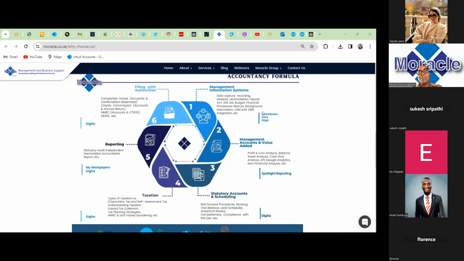So this is something that is ongoing every month. You don't wait for the end of the year to get your statutory accounts. The statutory accounts are required by law. Okay, so at the end of the year, everything you've done has been put together to be filed with the, in Ghana, we call it the Registrar General's Department. Okay, but in the UK it's not the same. So everything can come together at the end of the year,